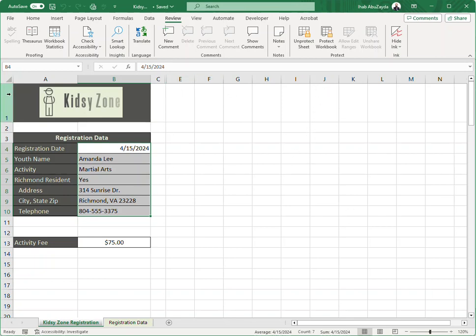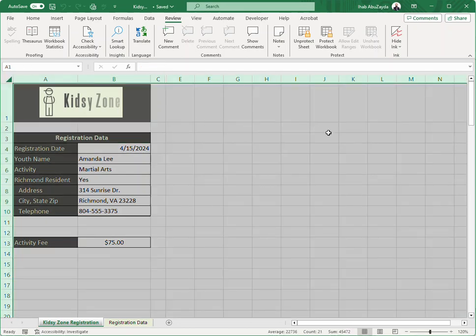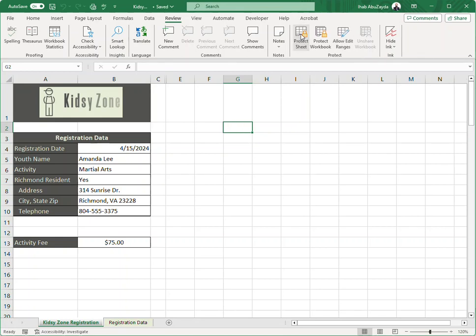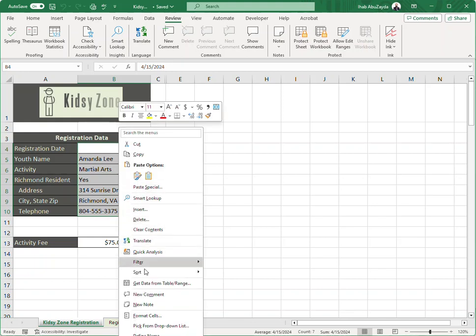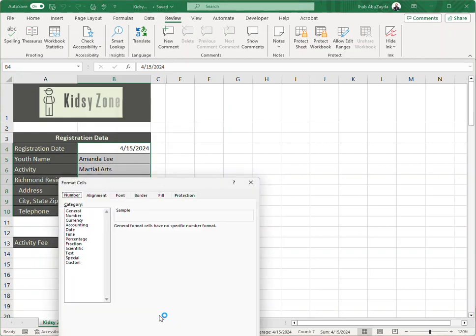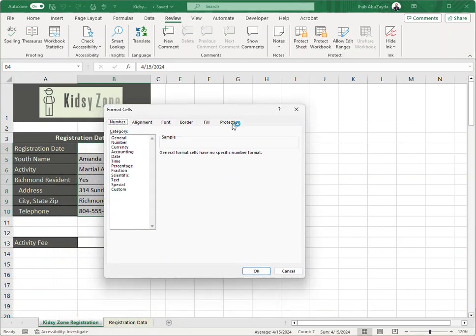I want to make sure that all of my sheet is protected. They can't edit anything on it except for this range right here. To be able to do that, you have to unlock this range first, then protect the sheet. So I will go ahead and unprotect the sheet. By default, cells are locked in Excel, so we want to unlock these. If you select these, and then you right click, then Format Cells,